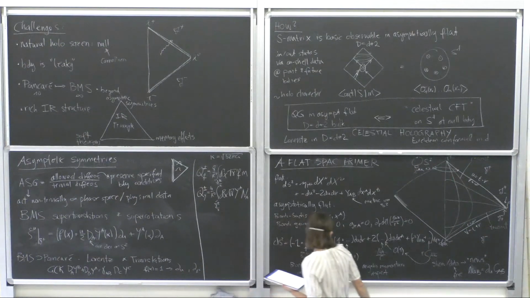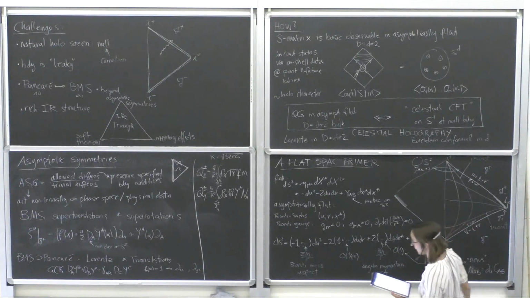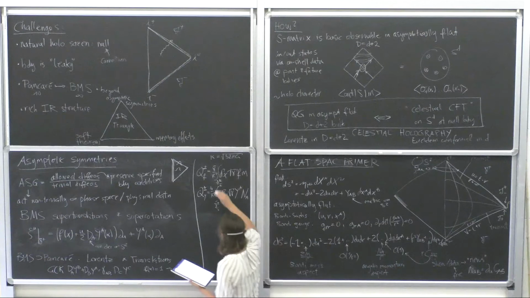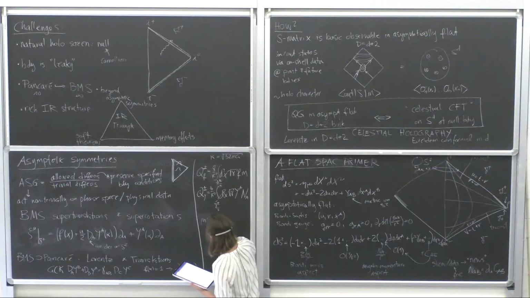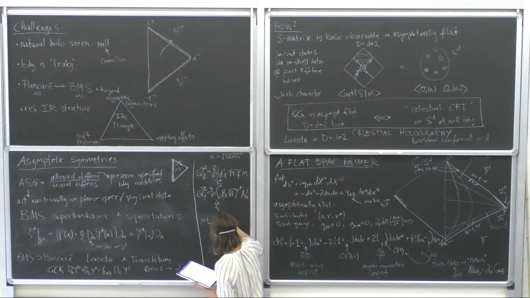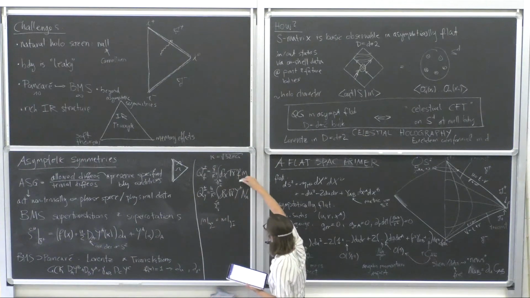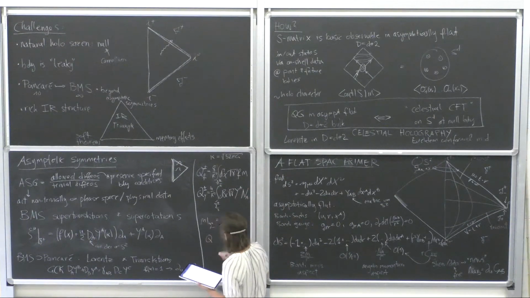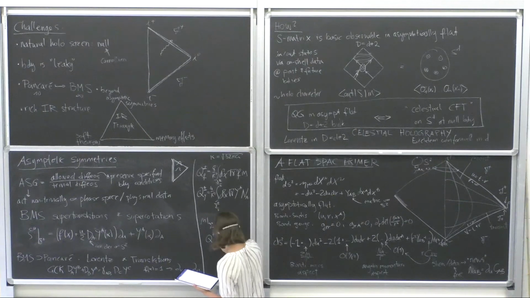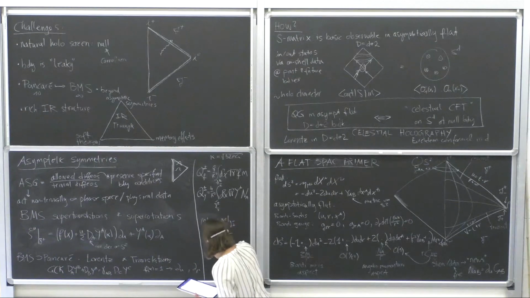And then I've mentioned to you that we have to say something about how the fields behave near these two boundaries, how they're related, such that we have a well-defined scattering process. If we say that the Bondi mass aspect, so m at scri plus minus, is equal to m at scri minus plus, and similarly for f and Y^A and N^A, then we get the statement that the charge at the future boundary is equal to the charge at the past boundary. And that would be a conservation law.